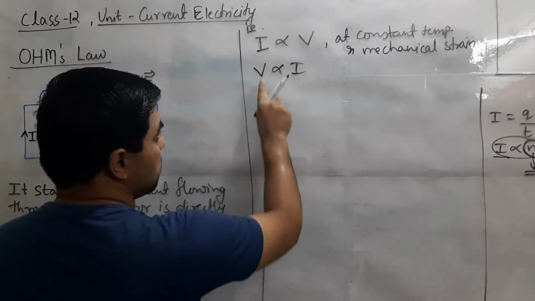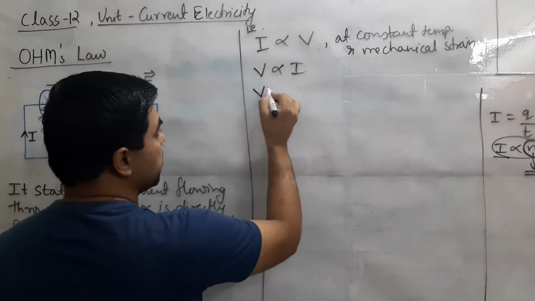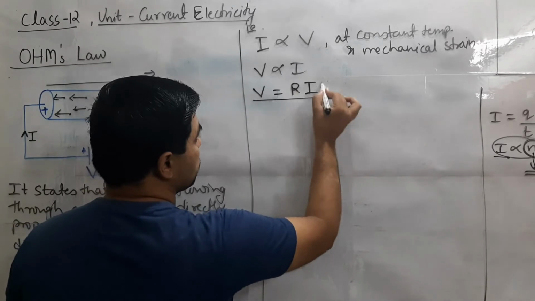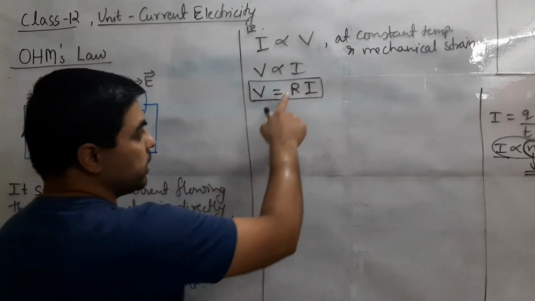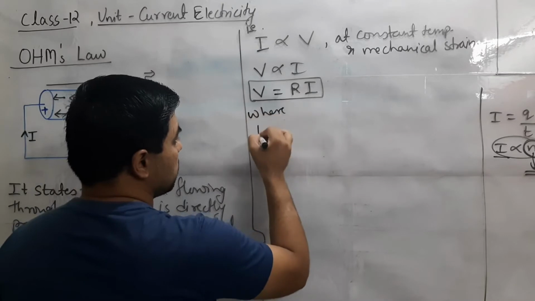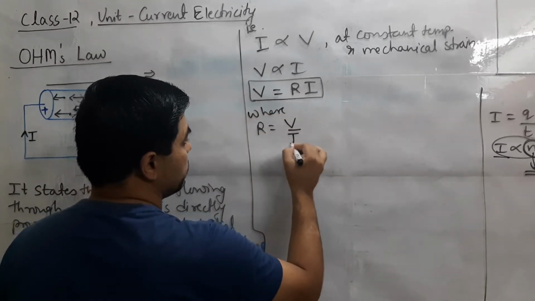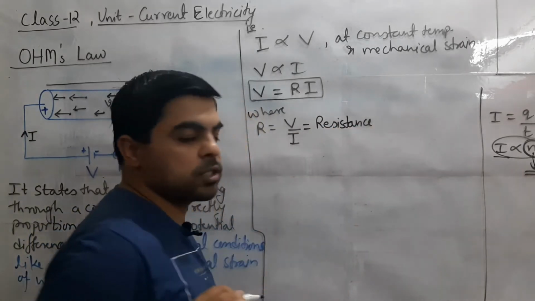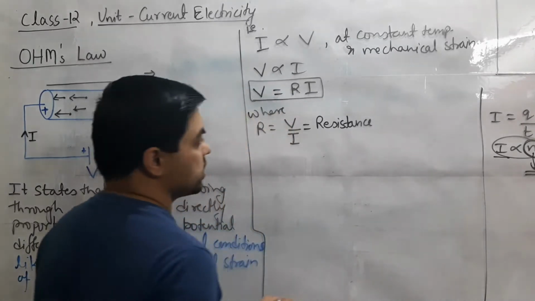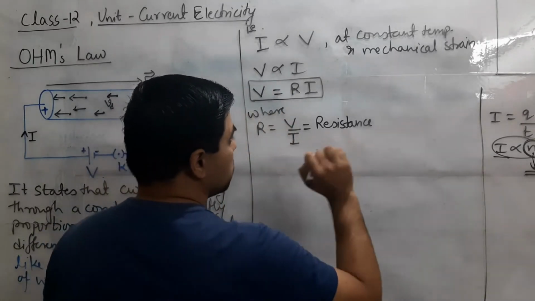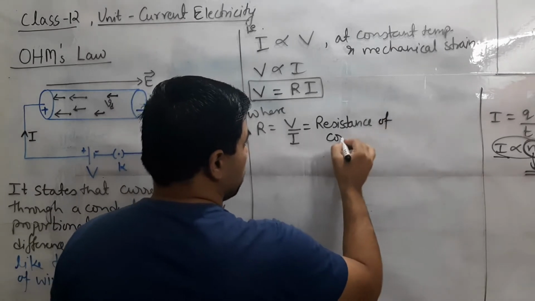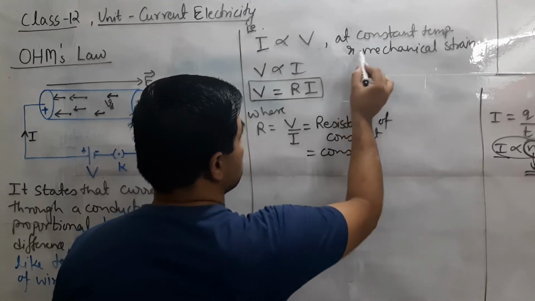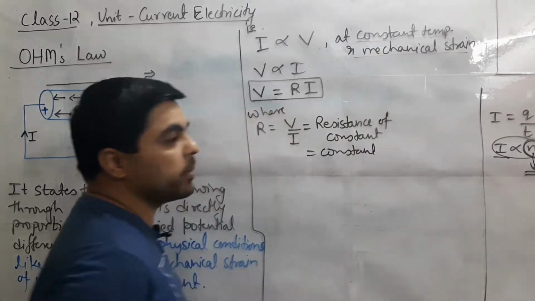Mathematically we can write like this. Then breaking this proportionality, we will have equal to and a constant factor always we used to write here. And here the factor which was constant, it was given by Ohm only, and this is R. So where R is what? R is the factor which is the ratio of V and I and is called resistance. You must have understood this in 10th class also, but later on we will discuss it in detail. This is resistance of conductor, and this is a constant factor. Constant factor is in the condition of constant temperature and constant mechanical strain.